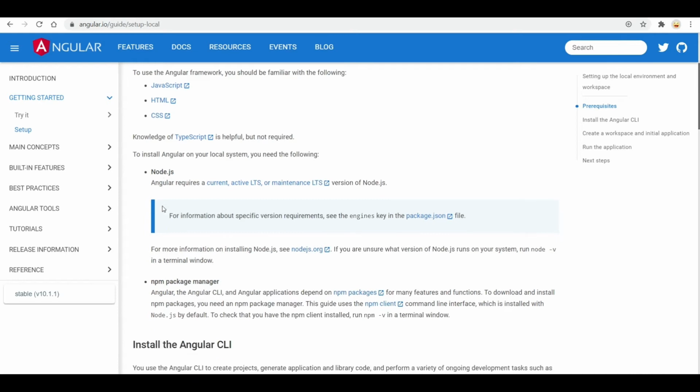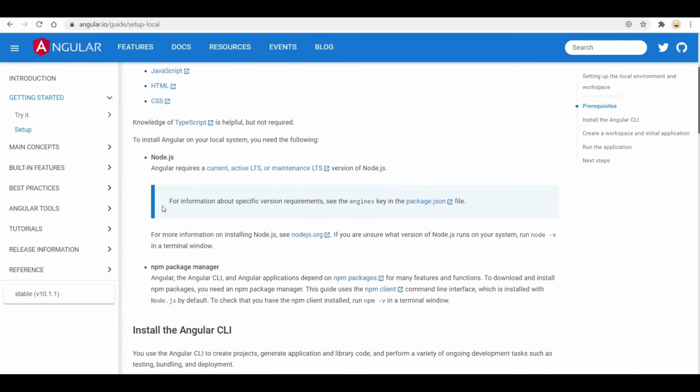And yes, we need Node.js. We need to download Node.js to run npm. Without it, we can't do it. Node.js provides the npm functionality. And like I said, npm has three components. It has a website where you can see what kind of packages are available.